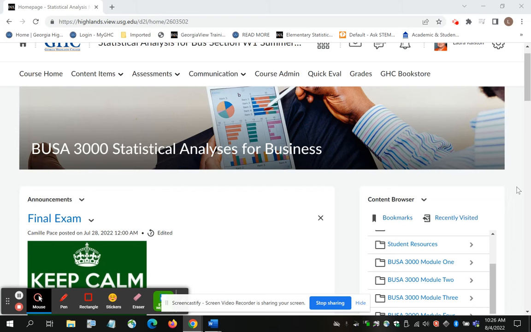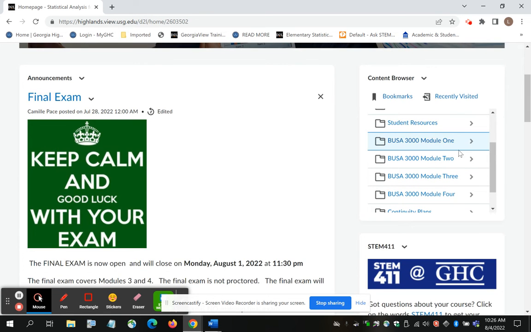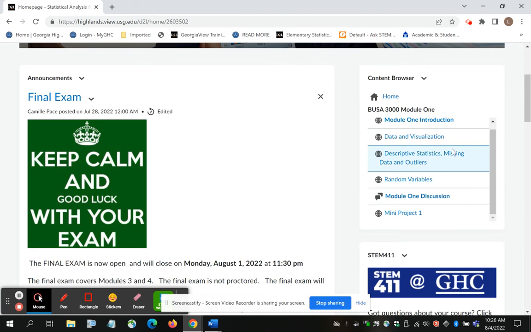I want to demonstrate how to upload a file to app.minitab.com that you're going to be using for your mini projects throughout Business 3000 or Stat 2401. So you need to navigate to the course. And the first place where you really need to do that is on Mini Project 1. So I'm navigating to Mini Project 1,